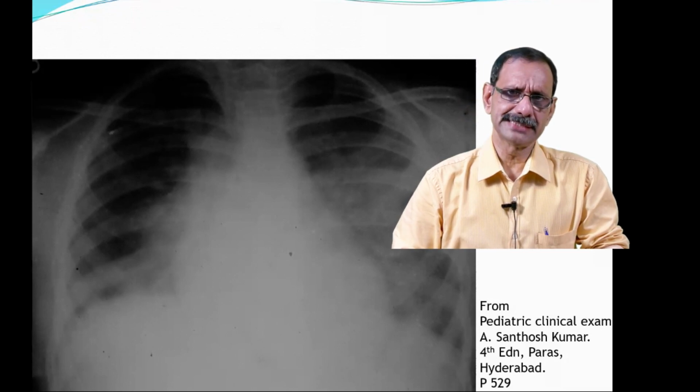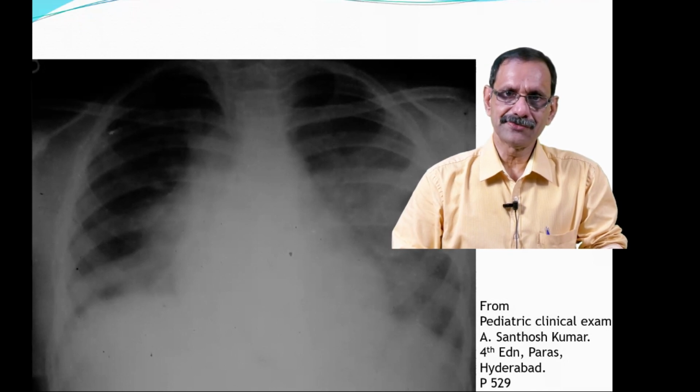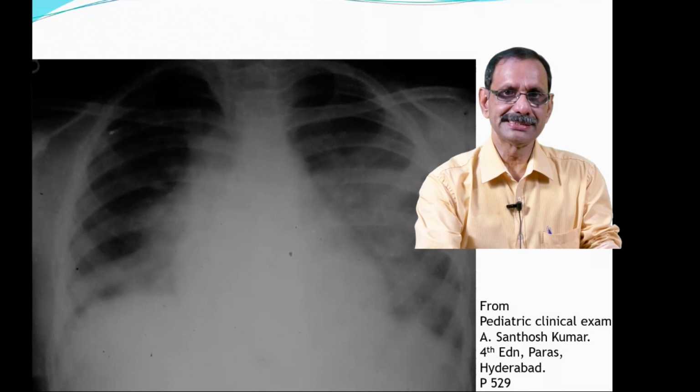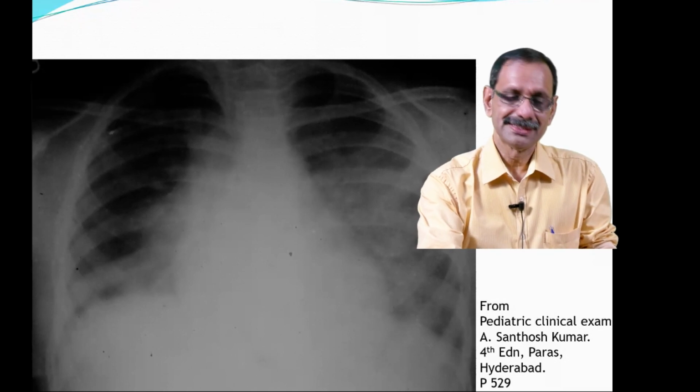So it happens in, say, mitral stenosis. But in an acute event like this, there is no time for all those things. The fluid simply leaks out, and that's what is happening. So it is not that there is cephalization of vessels, there are curly lines and then pulmonary edema, no.